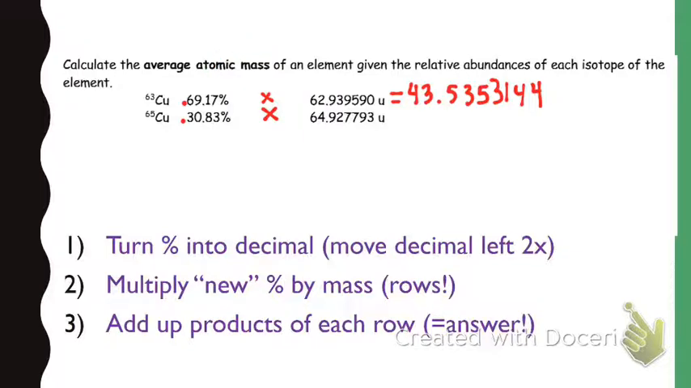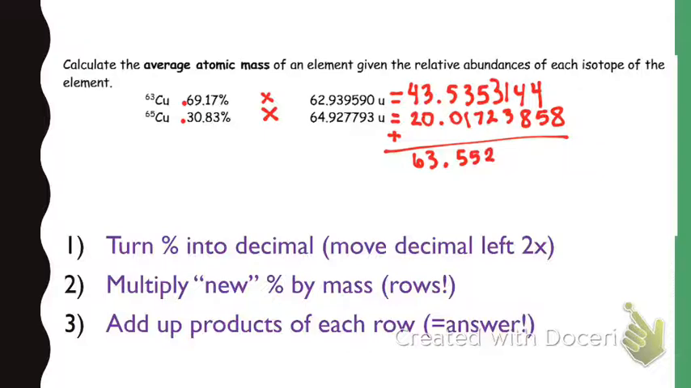But this second row, when I multiply that new percent by its mass, we get 20.01723858. I moved my decimal, multiplied my rows. Now I just need to add up these two products to get my answer, which is 63.552555298. So now, like I said, rounding with these is going to be a little bit weird, and sig figs